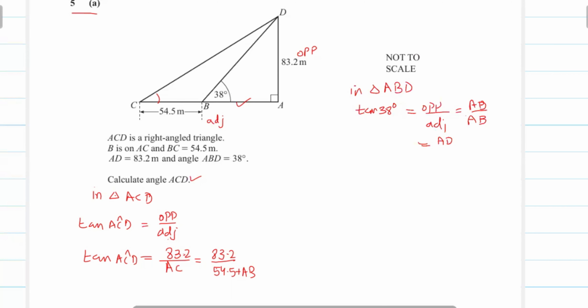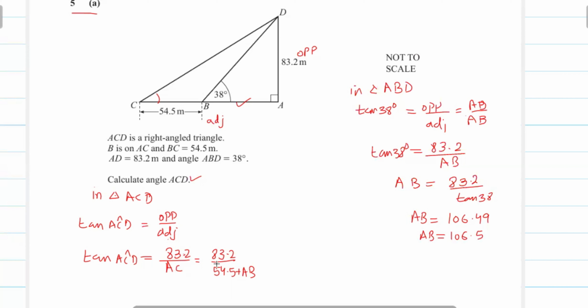Therefore, we can write AD is 83.2 meter. Our length AB equal to 83.2 over tan 38 degree. This length AB will be equal to 106.49, and we can write it as